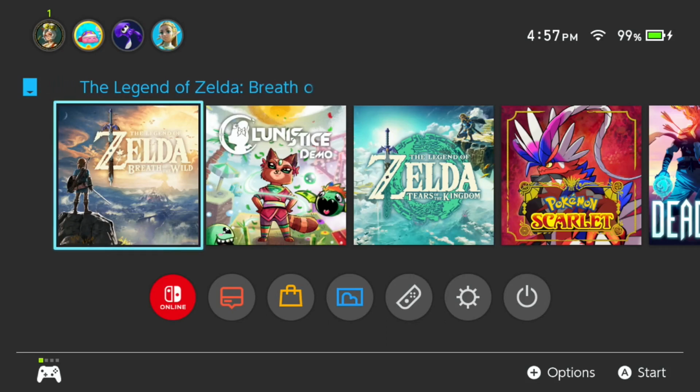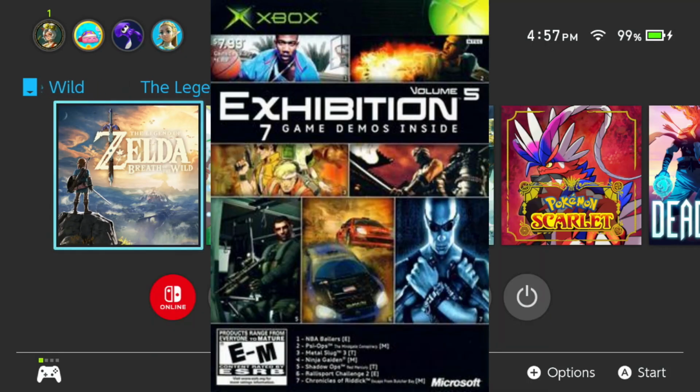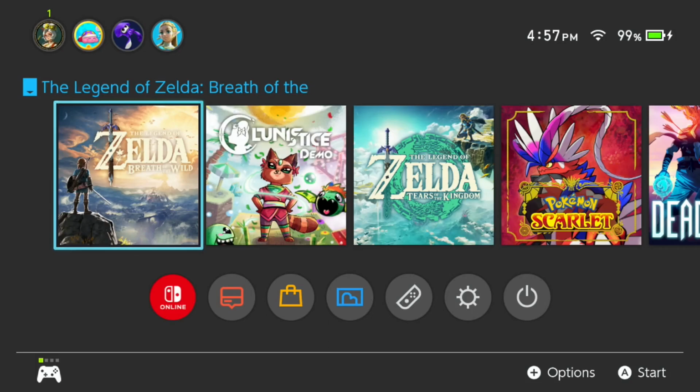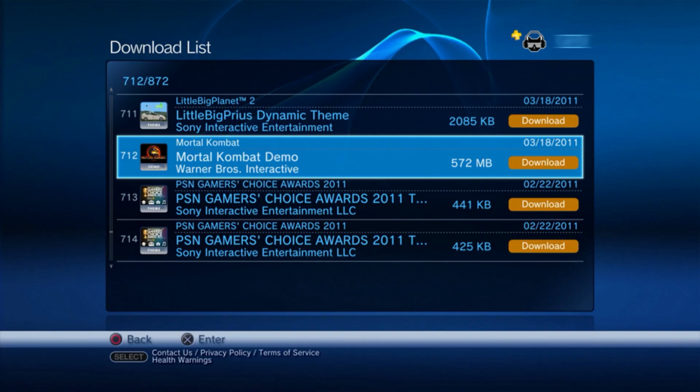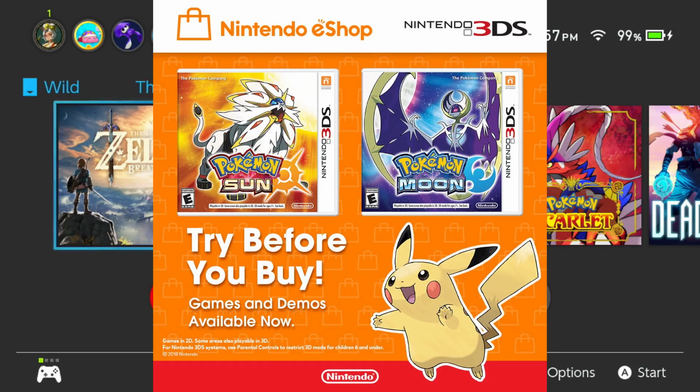Now, if you've been around gaming for a while, you may remember back in the day when game demos used to come on CD-ROMs for the PlayStation, eventually DVDs for the Xbox and the PlayStation, and then that eventually morphed into downloadable demos for systems like the Xbox 360 and the PS3. Nintendo carried it on to the Wii U and the 3DS, but I don't know as many people utilize them